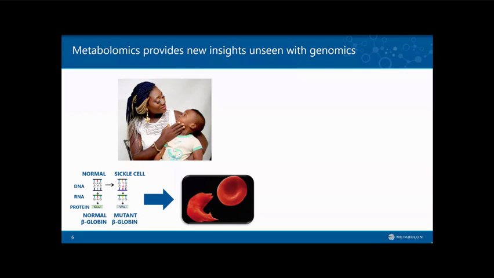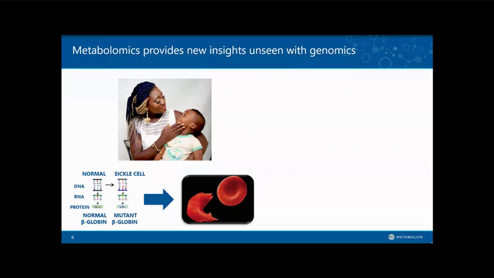It was in 1956 that Vernon Ingram identified a mutation in the beta globin gene that changes a glutamine to a valine at position 6. And this induces conformational changes in the beta globin that induce a change in the red blood cell shape, so that it produces a sickling shape, which is shown on the bottom part of that slide.